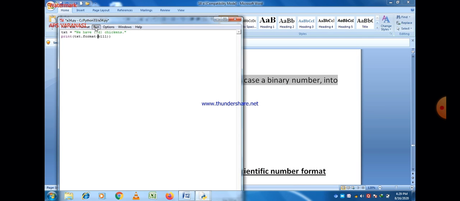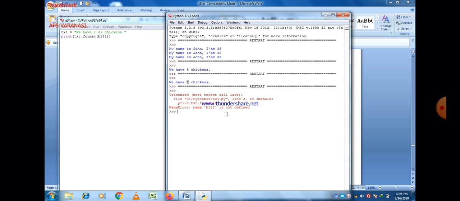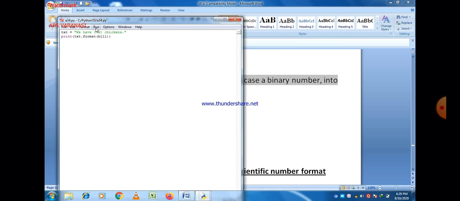You can take more than a 3-digit binary number. According to that, the answer will be shown on the screen. And if we don't write 0b before the binary number, that will raise an error.